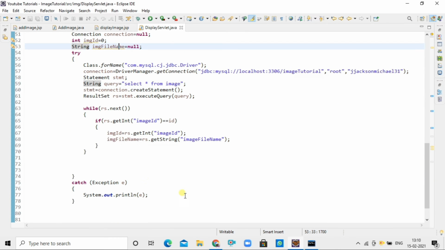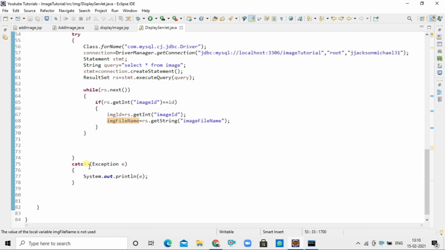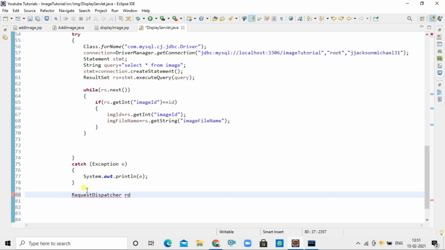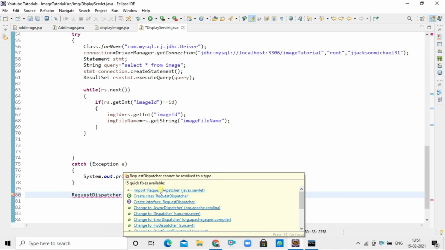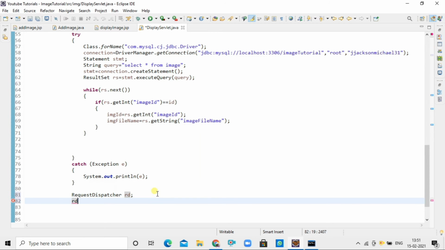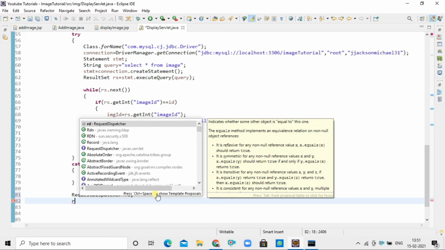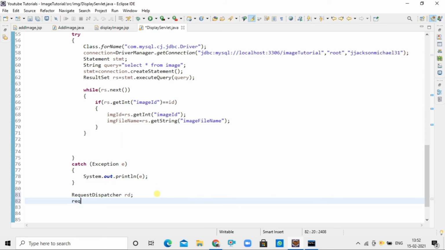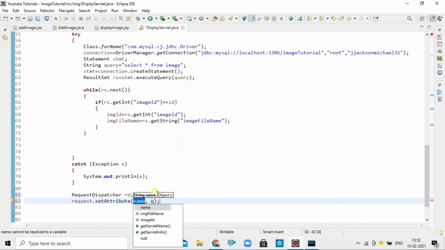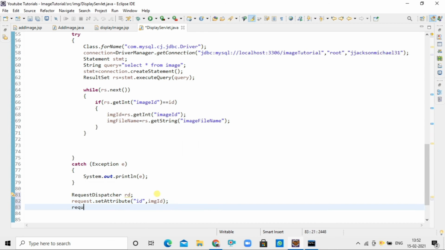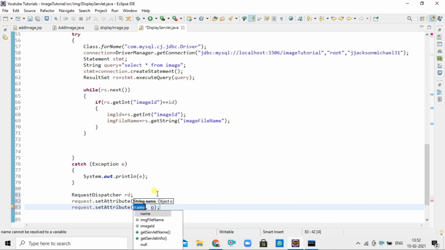And now we have our image ID and image file name, which we are going to display on the JSP page, that is display image.jsp. But for displaying this on the JSP page, firstly we have to pass this data to the JSP page. So therefore I will use RequestDispatcher for passing our control to the JSP page. But before passing our control to the JSP page, I will set image ID and image file name using the setAttribute method, so that we can get this image ID and image file name on the JSP page using the getAttribute method.